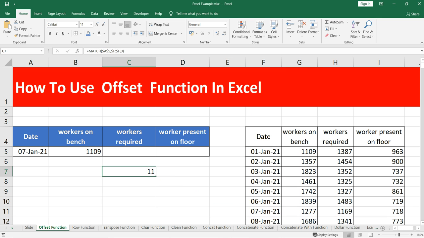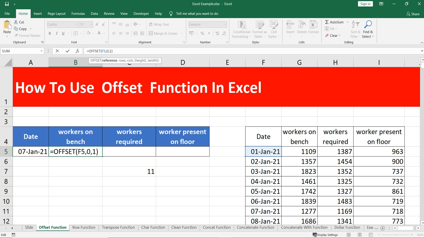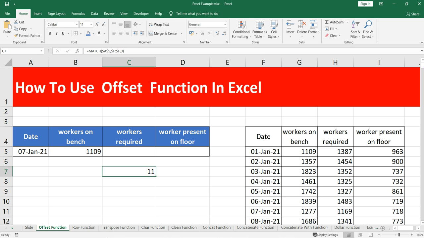Now even though we have matched the value and we can get the row number, we cannot use it within our offset function. Reason being is that we need this column name also, this F represents on which column the state is. So we need to add F in front of 11. So what we can do is use another function which is concatenate.